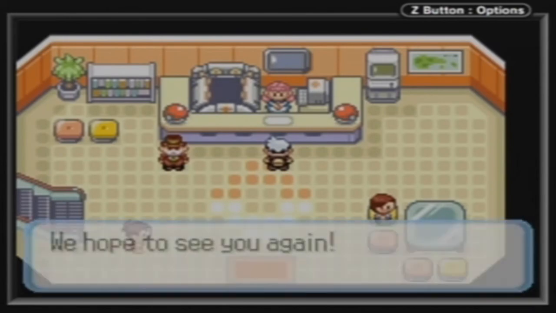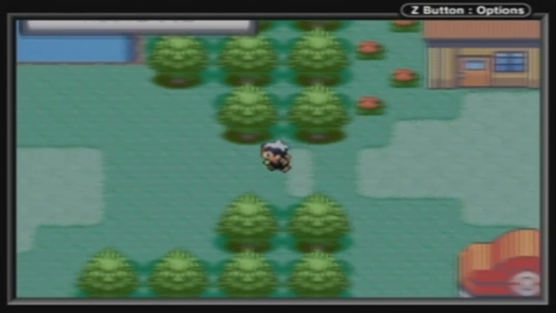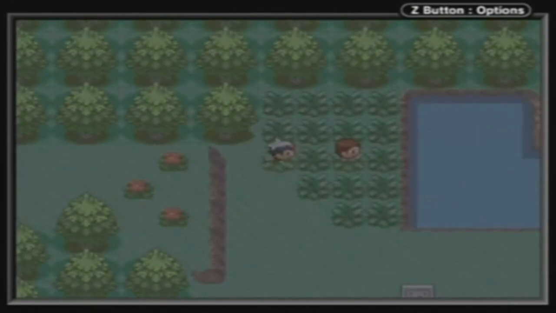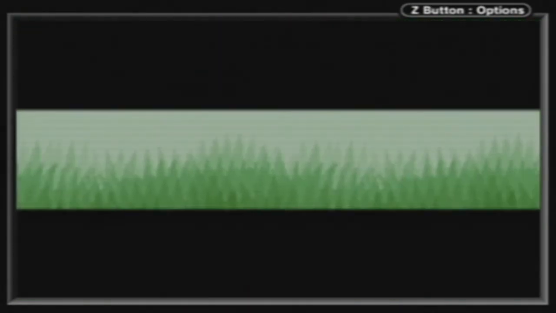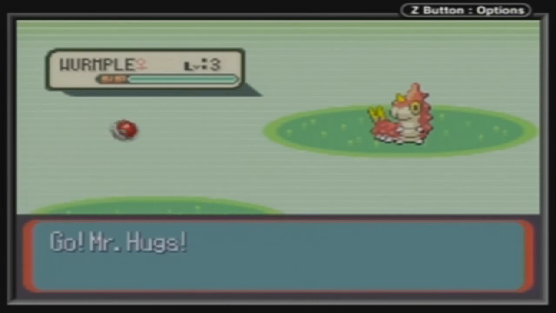Okay, so yeah, I did finally remember to heal my Pokemon, which is a good thing, obviously. Right, so let's see what our encounter is for Route 102. Now we can also get a Ralts at a 4% chance, which would be awesome, but let's see what it is. We got a Wurmple, which is